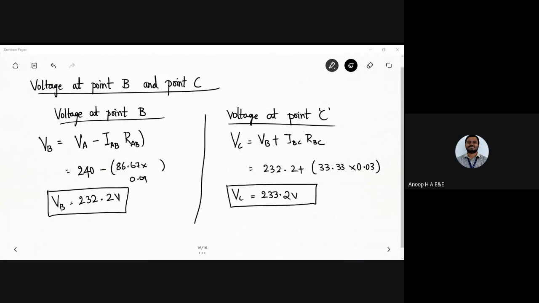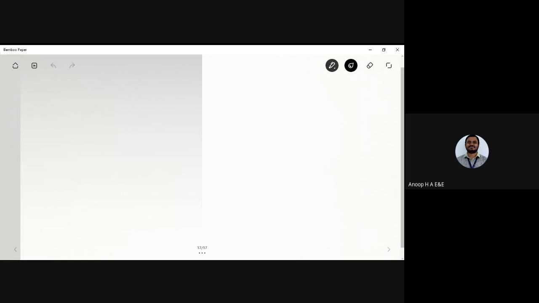Okay, so we'll be solving one more problem right now, and I want you to solve it. It's for the entire class. I want everyone to get involved in such a problem, and you need to design this DC distributor. Now you are going to have 1, 2, 3, 4 feeding points here. Earlier you had only 2 feeding points, so you will be having these 4 feeding points right now, and you are going to do this problem that I'm going to write.